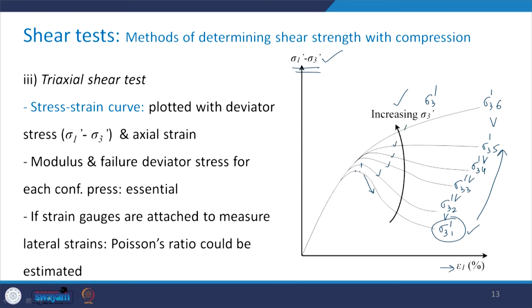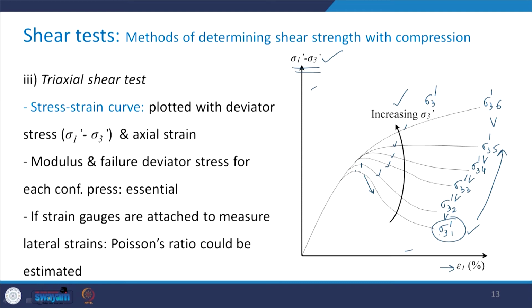and so on. So, this is really very interesting that on increase of sigma 3, the behavior of the specimen changes. We will discuss these things in a detailed manner in subsequent classes, but for the time being just focus here that with increase in sigma 3 there is a change in the stress strain response for the same rock.